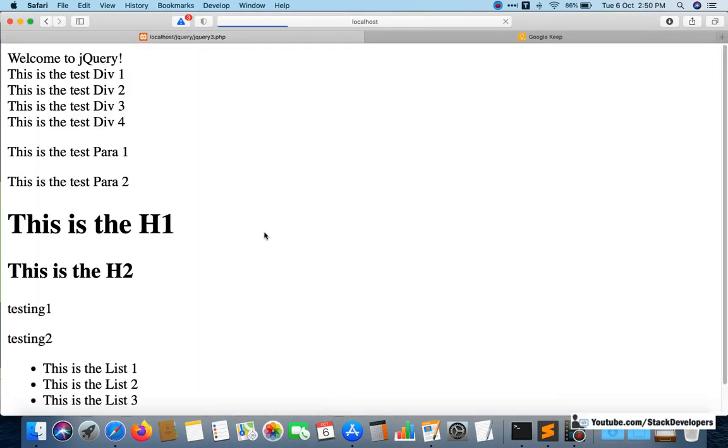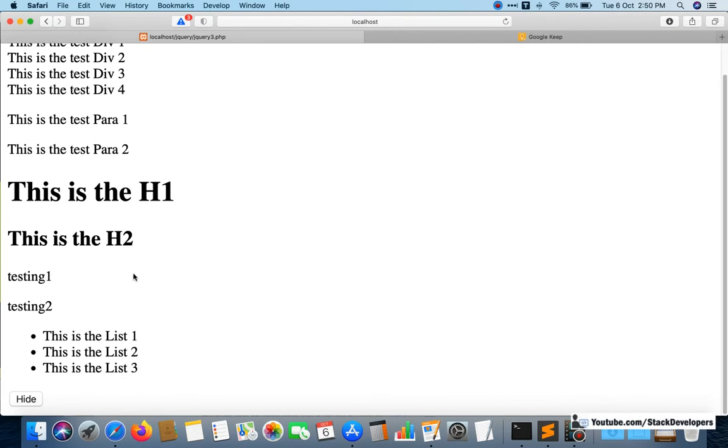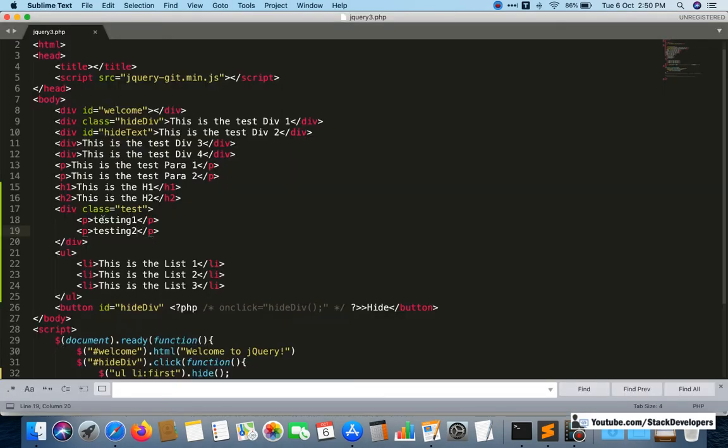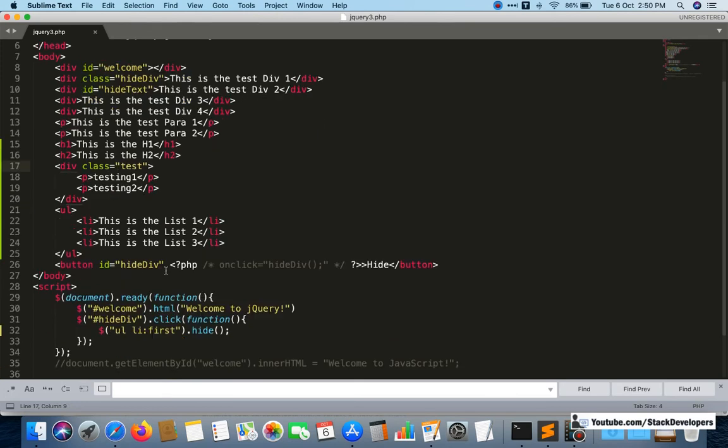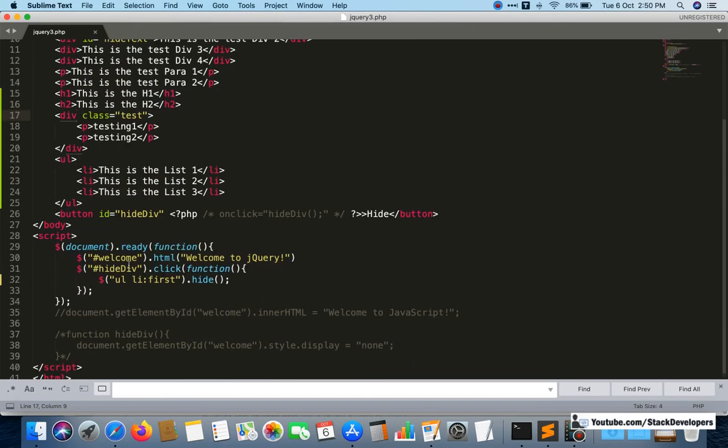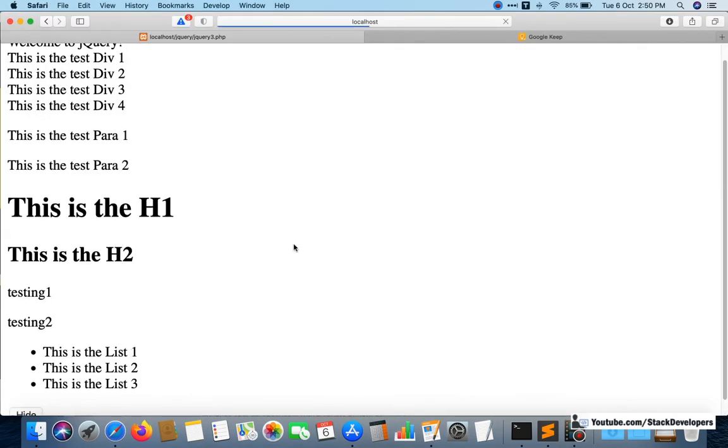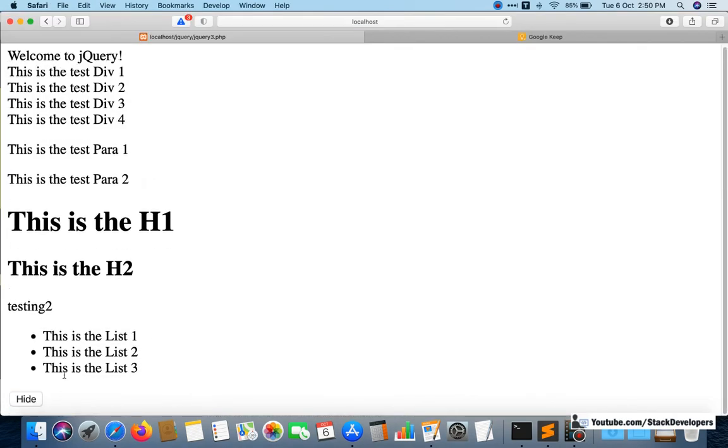Now I want to remove the testing 1. This p tag is under a div, and the div has the class test. So what will I do? For the class we have dot test, and under dot test there is the p tag, and for the p tag then colon first. Now the testing 1 must get removed. Let's see. See, the testing 1 is gone.